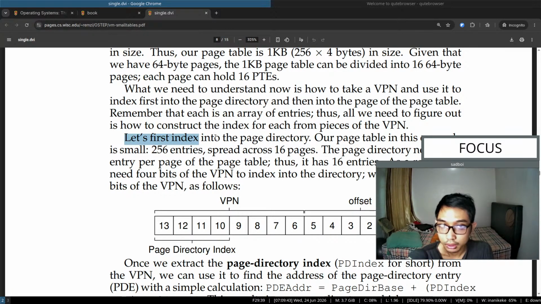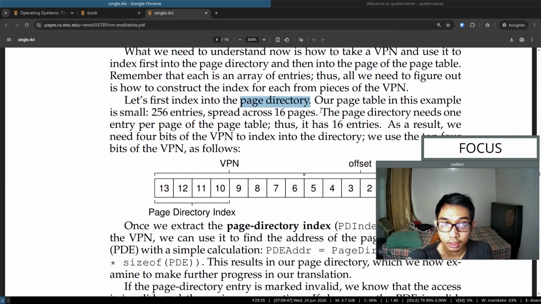Let's first index into the page directory. Our page table in this example is small, 256 pages, spread across